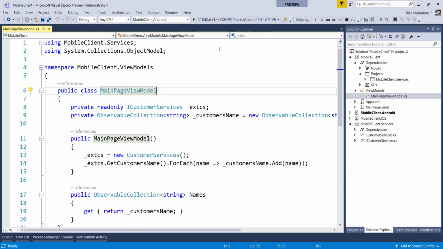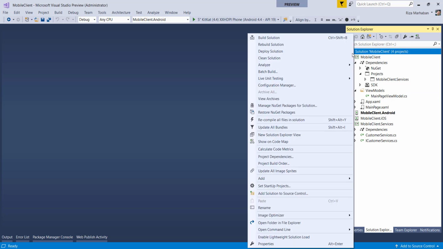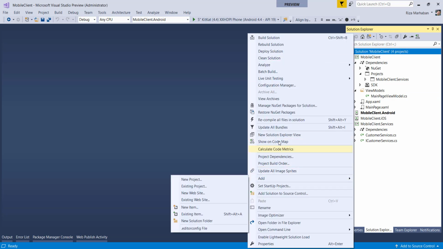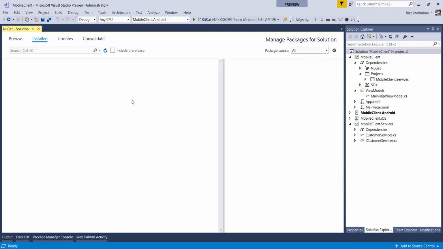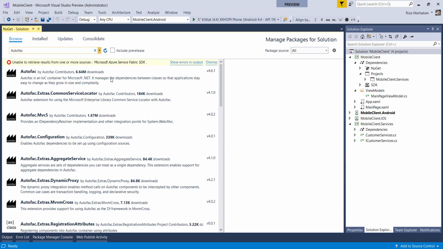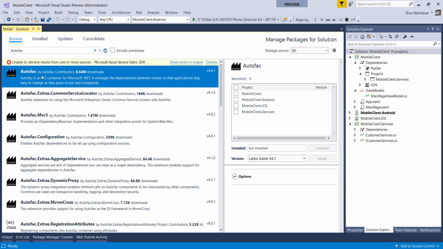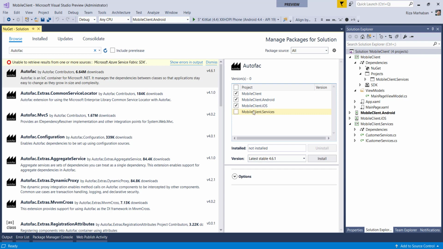So let's do that. First things first, we add Autofac, manage NuGet packages for the solution, and we type Autofac, and there you go. We select all, probably except this one,